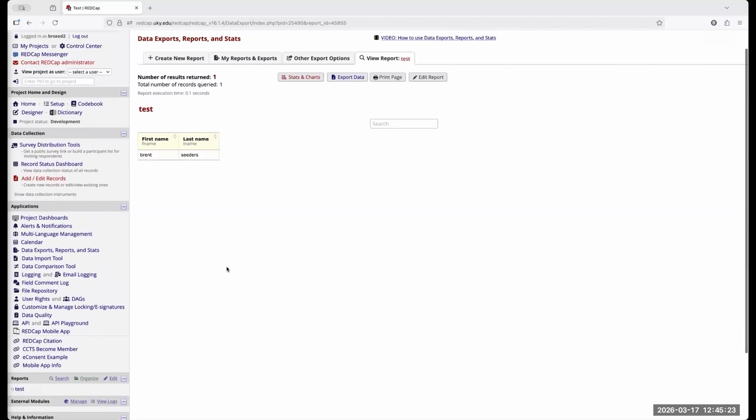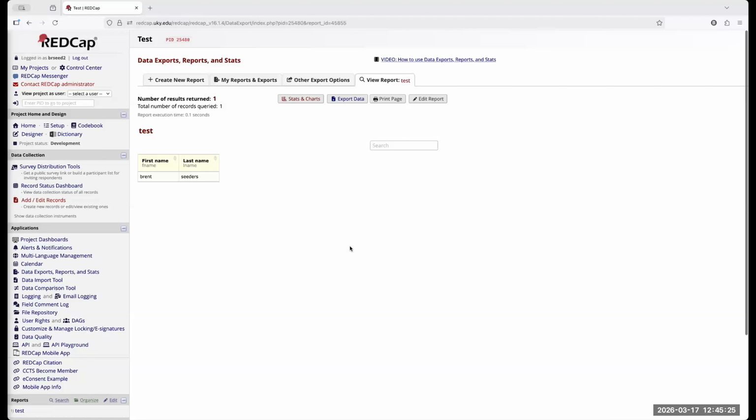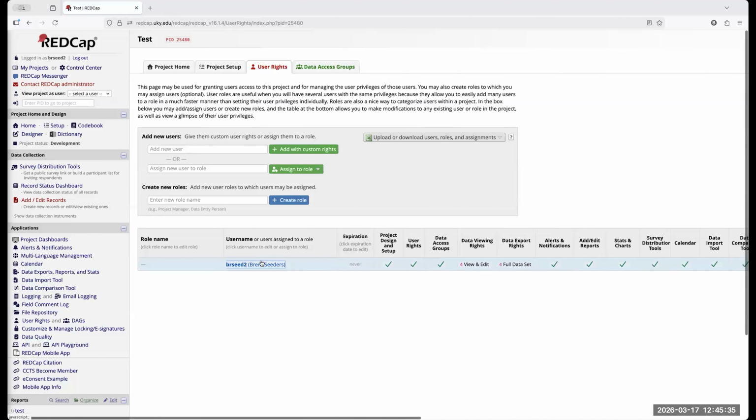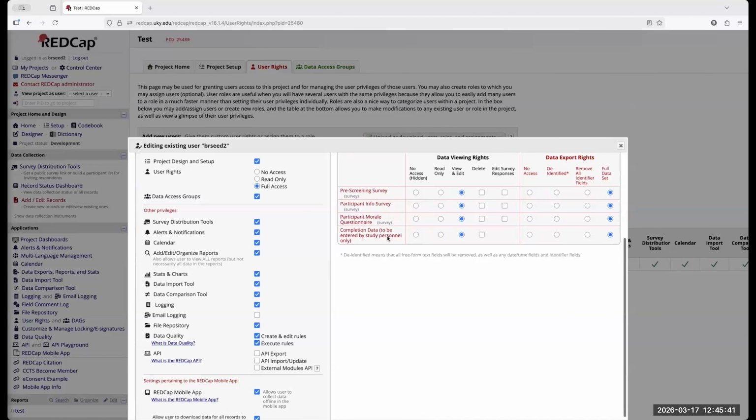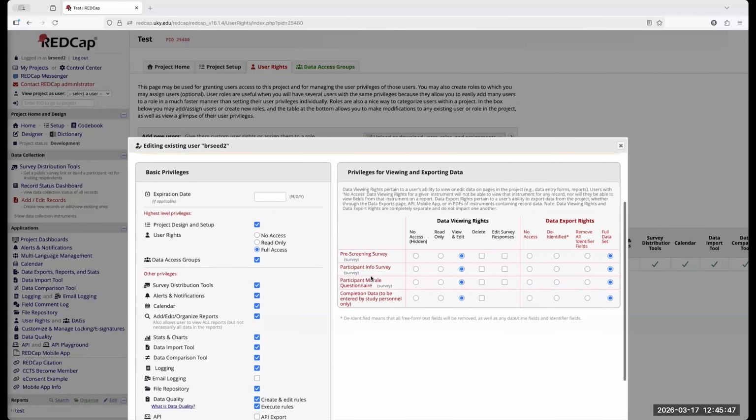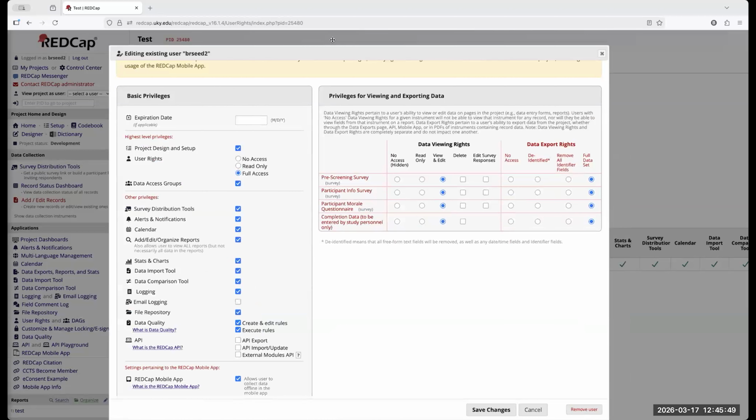If your project is live, it's in production, and you create a new survey, for some reason, the default will have that survey not showing up for everyone. So you need to go in and make sure that their permissions are on view edit or whatever they need to see. This is where you would change that for each person.